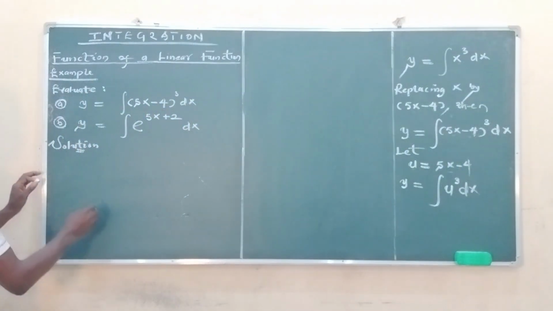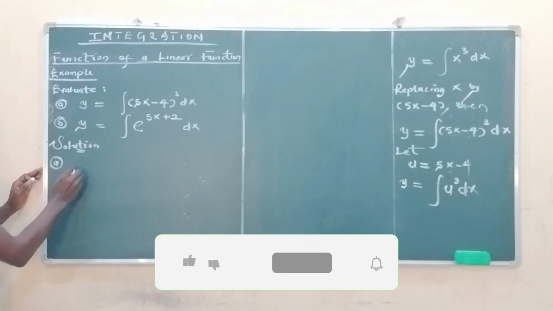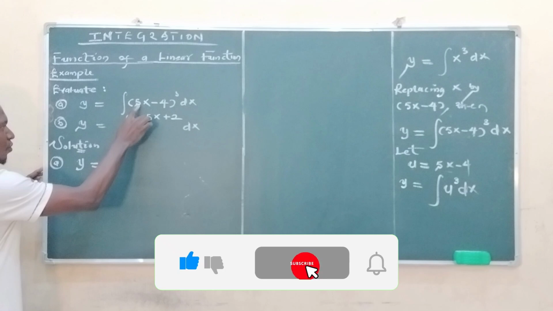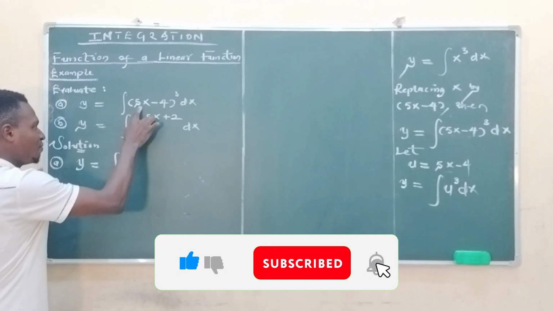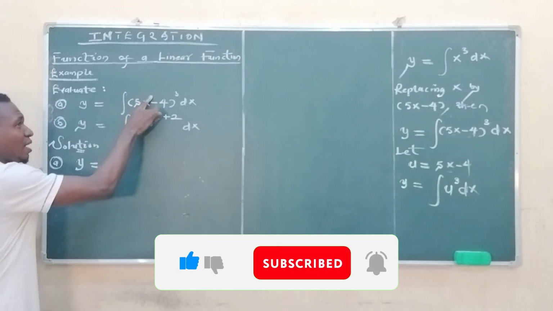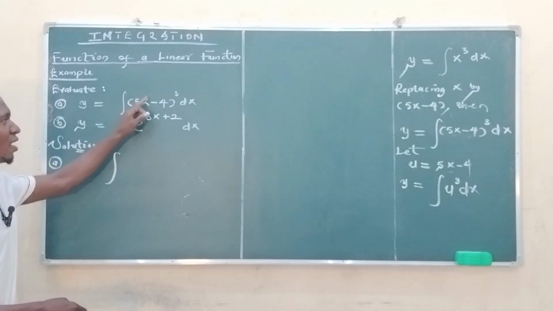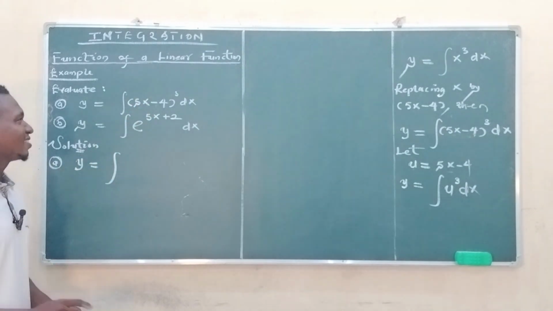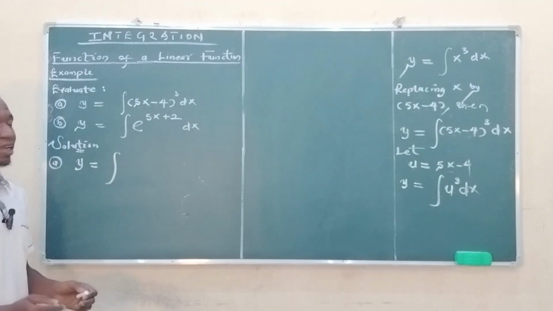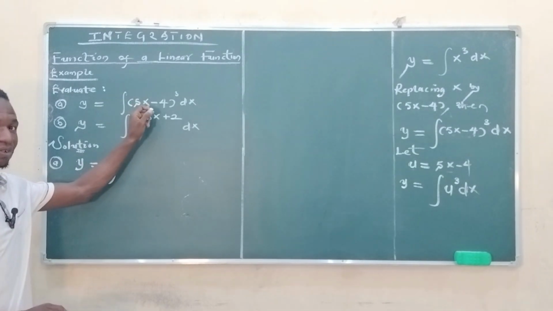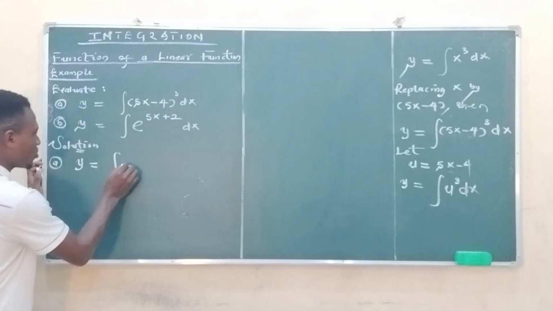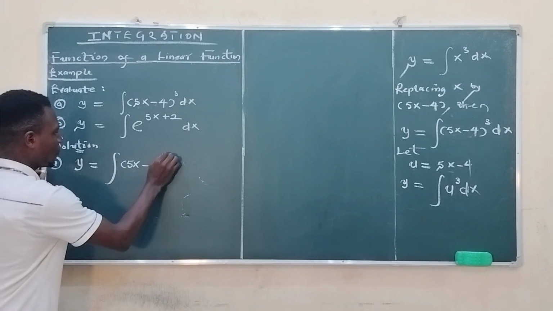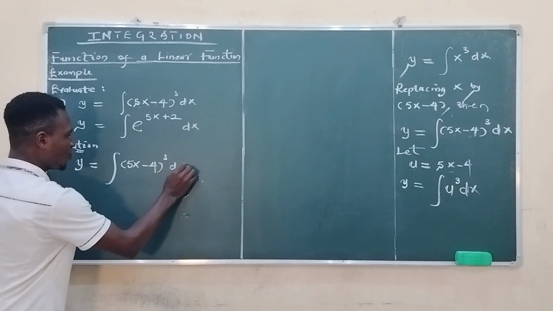For the first part of the question, we have y equal to the integral of what? Of 5x minus 4. Look, 5x minus 4 does not have any power of 2. If it had a power of 2 here, it would have been a quadratic function. But in this case, it is a linear function. Why? Because the power of x here, the variable, is 1. So we have y given by the integral of (5x minus 4) raised to the power of 3, integrated with respect to